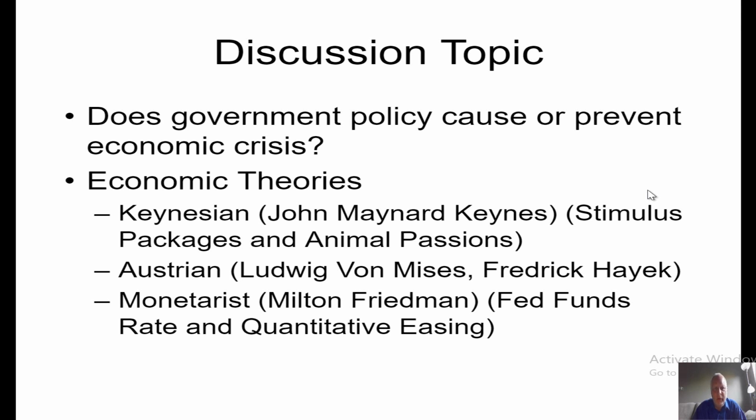Monetarists look at things like the Fed funds rate and quantitative easing. One of the biggest differences between the Austrian and the monetarist school: if you talk about something like the Great Depression, the Austrians would blame it on money printing during the 20s, causing the bubble in the first place, whereas the monetarist would think the problem was after the bubble burst, there wasn't enough money printing. And then the Keynesians would agree with the necessity for money printing during those time periods,